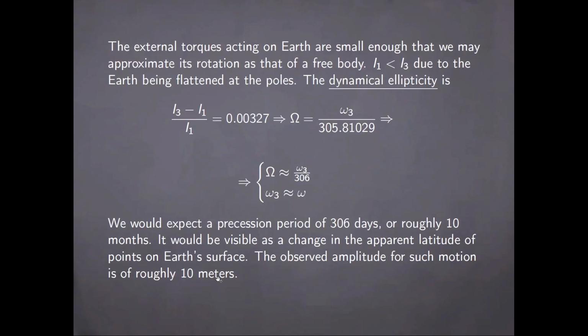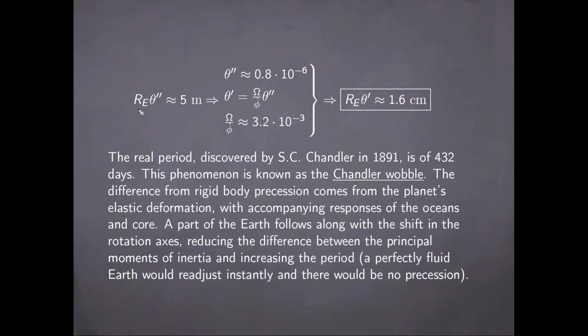In that case, so if the amplitude is of roughly 10 meters, its average value is about half. So we can say that during this motion, the distance between the figure axis of the planet and the axis of rotation is then just the radius of the Earth times the angle between them. So this has to be approximately 5 meters, and then what follows, so immediately we can find the value of this angle to be the one given here,